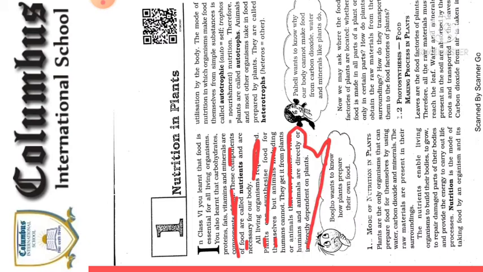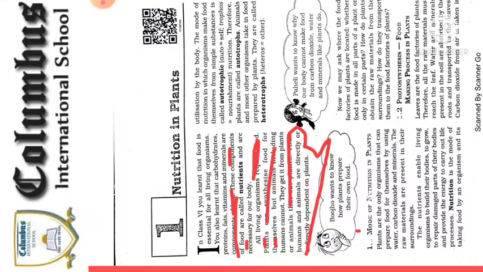Now there is a boy whose name is Buzo. Buzo wants to know how plants prepare their food, because he is very curious. So I am going to explain. Green plants prepare their own food with the help of carbon dioxide and water vapor in the presence of sunlight, and the process going on is known as photosynthesis.